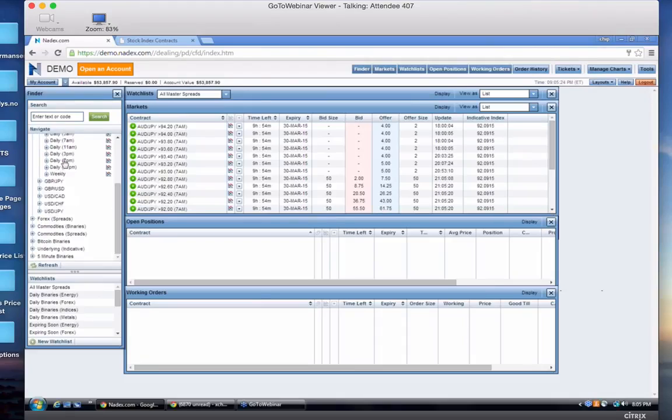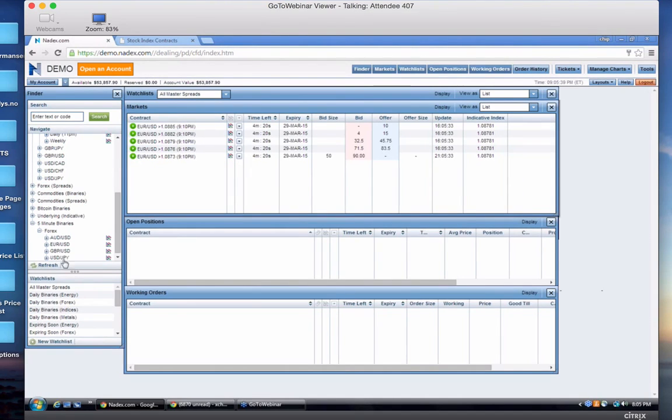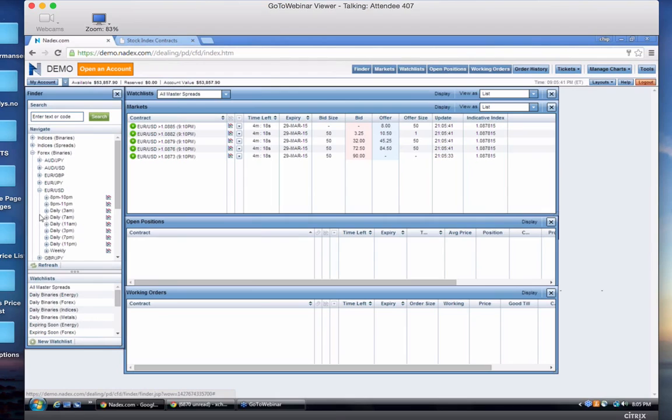But also, if you scroll all the way down to the bottom, for currencies we have 5-minute binaries. And I think there are 5 different strikes. So if we go here, Euro USD, yeah, 1, 2, 3, 4, 5. So that is available. So back up here on the Euro USD on some shorter ones, here's a 2-hour. All the times are in Eastern time. So 8 p.m. to 10 p.m. That's the time period during which this binary is available.